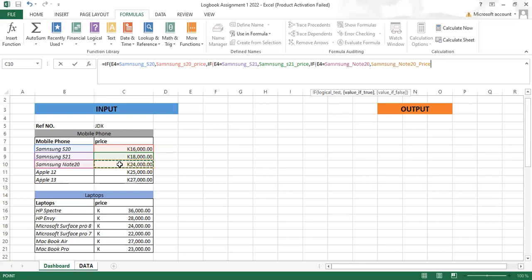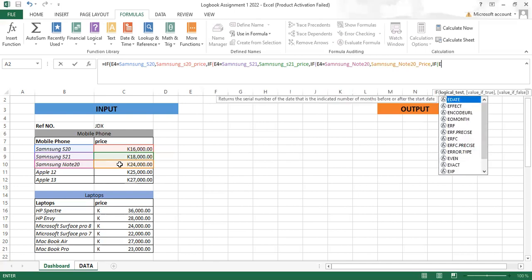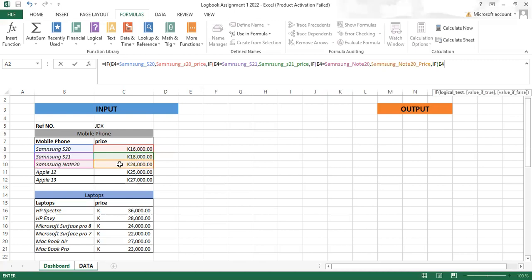Then comma, if E4 again, equal sign. You click on Apple 12, then comma, you click on the price for Apple 12, comma, if